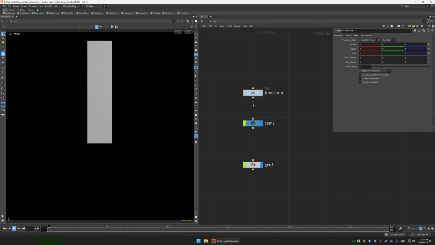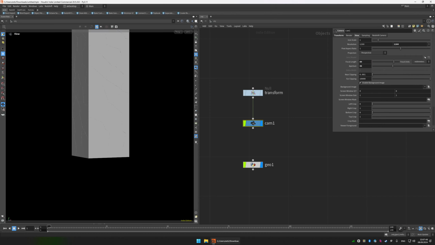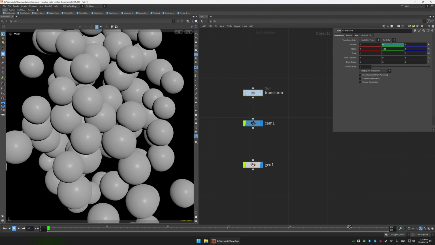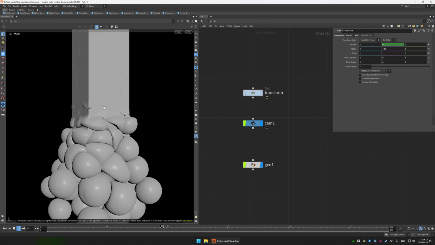So this is transform. What I did here was I animated this null. First of all, I set the rotation to be like this, and also in my camera I set the correct aperture and focal length that I want. And in terms of animation, it's quite simple here. In the transform node, I set the keyframe on the first frame and then a keyframe on the 125th frame, and then I just moved this up about 2 units, and this is what I had. So it's just going up,